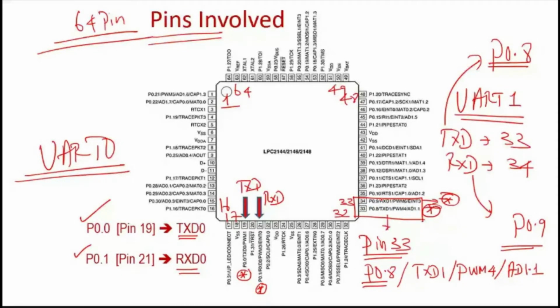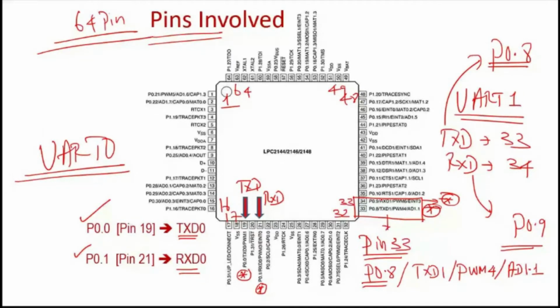In 8051, if you are using UART communication, the moment you start the channel, automatically it uses port 3.0 and 3.1 for UART operation. You don't have to explicitly tell the microcontroller that you are using those two pins for UART. Whereas in LPC2148, you have to explicitly tell the microcontroller